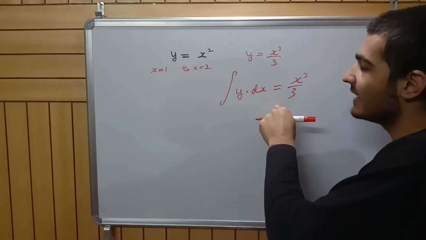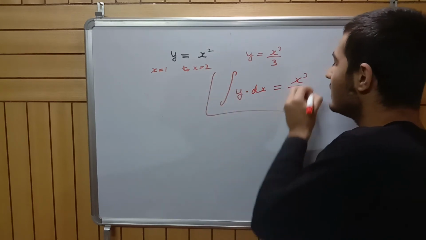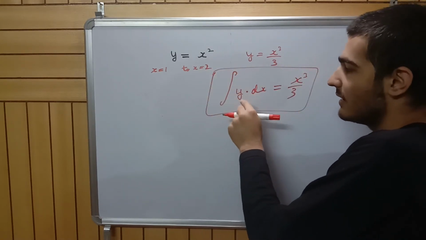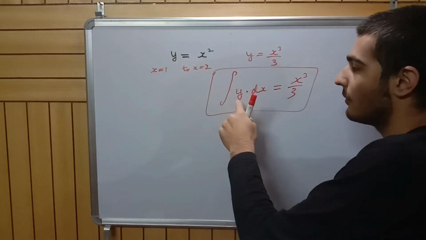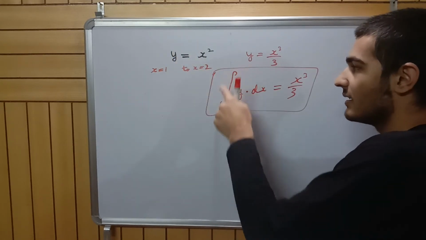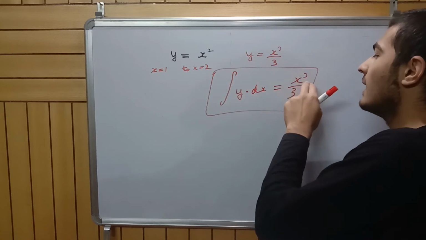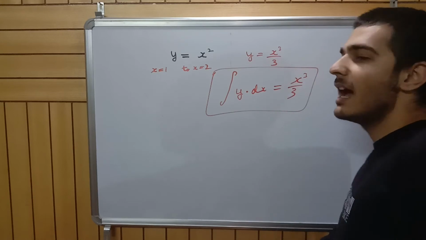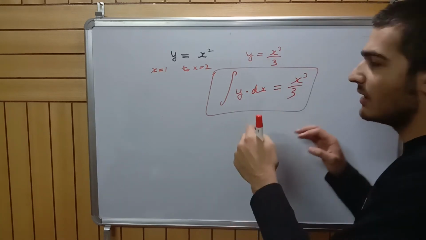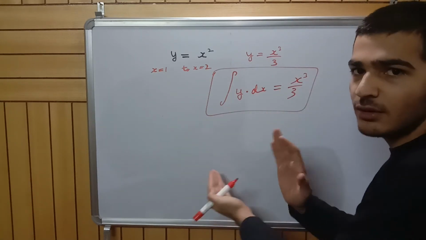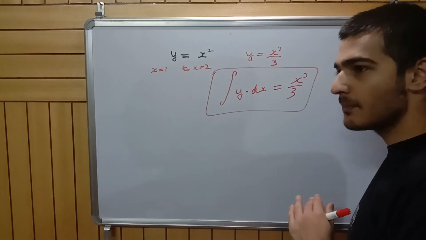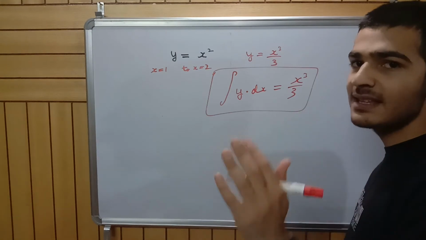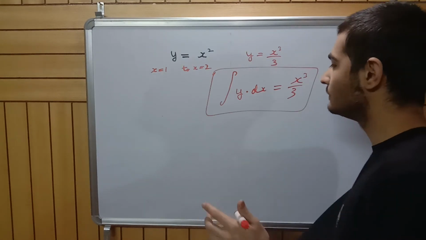So this is an indefinite integral. Whenever we write only this much, what we are saying is the area under this curve, y dx, is equal to x cube by 3. This is an indefinite integral because there are no definite boundaries, no definite limits. This just says this expression can be used to find the area. It does not give us the area, just an indefinite integral.